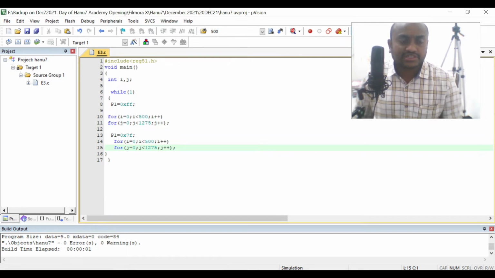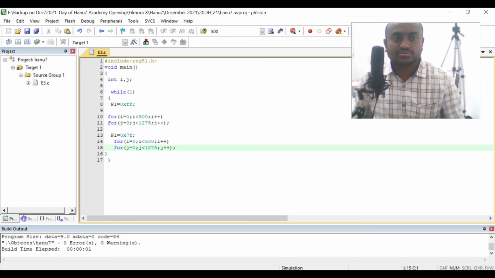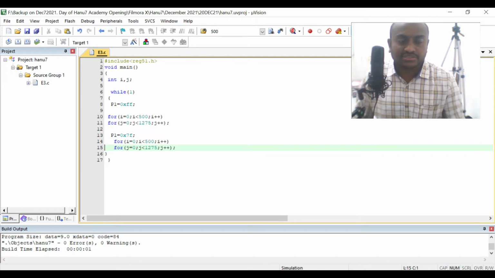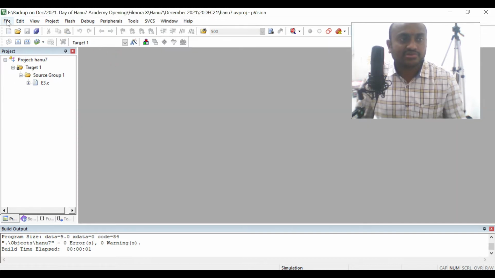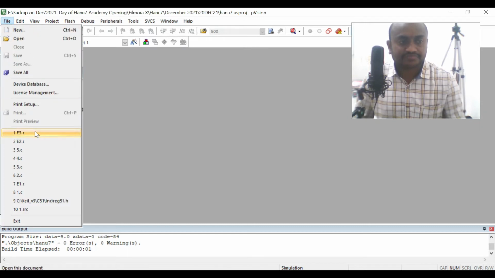In this video, let us see how to program a single LED, apart from the LEDs which are connected to port P1. We are going to program only one LED. We are not going to program the rest of the LEDs. So how can we do that? It is with the help of a keyword. That keyword is called SBIT.